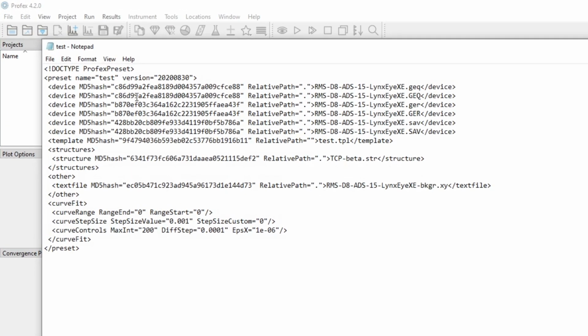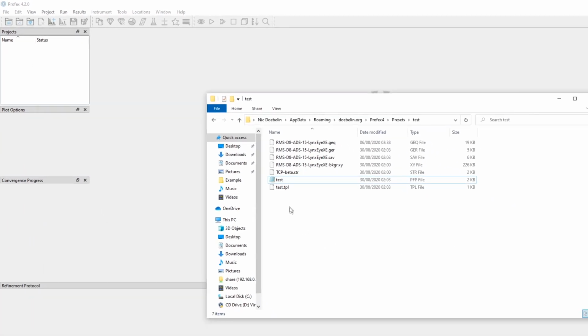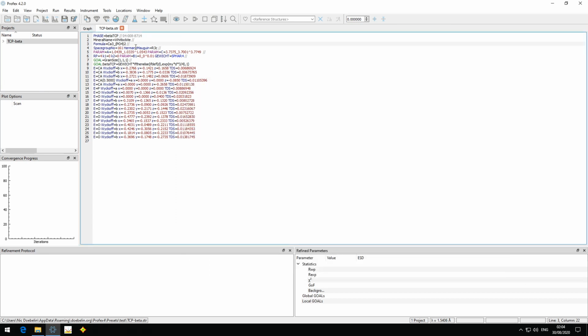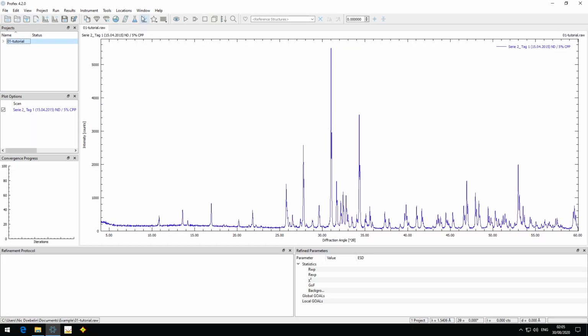And it's an XML file with references to the files needed to restore the preset. You can see that some of the files, the instrument files and the structure files have a checksum stored in the preset file. So this means if I modify one of these files, either on purpose or accidentally, and I save it, next time I want to apply this preset from this menu here,